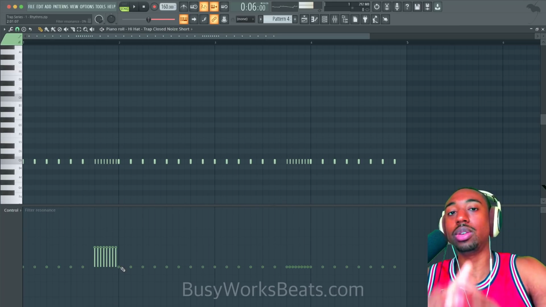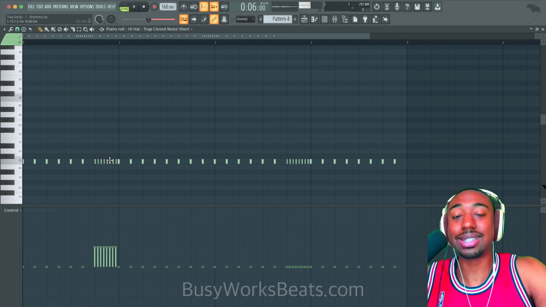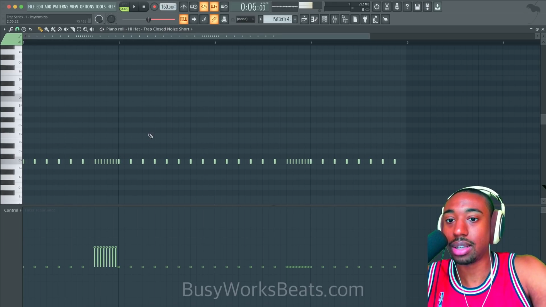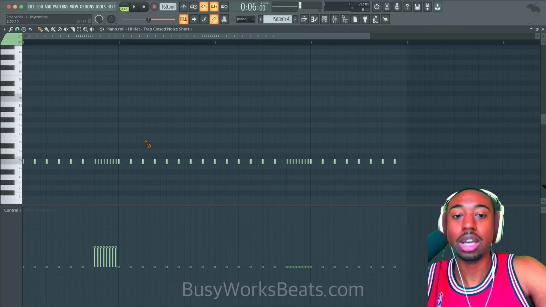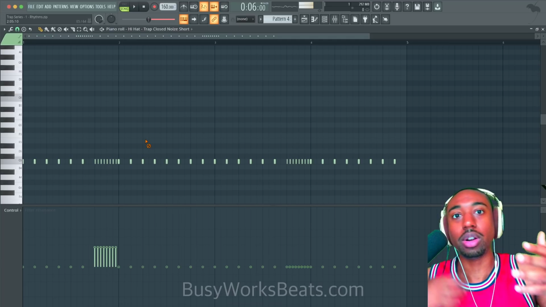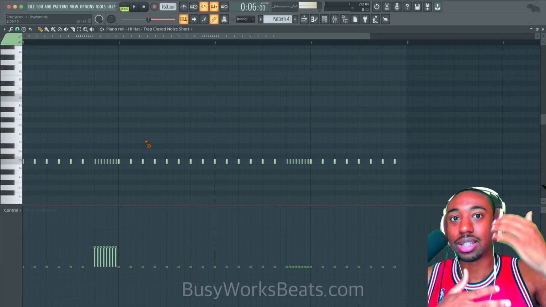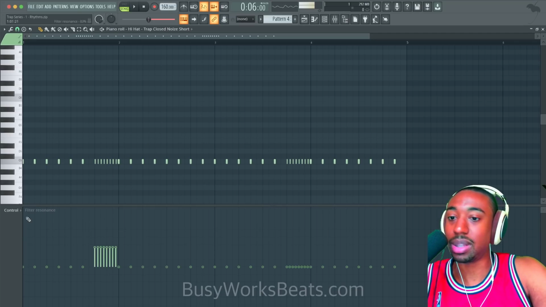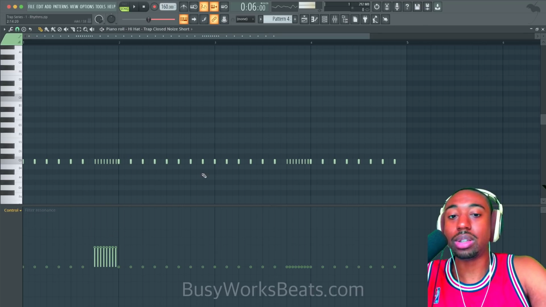Now, one caveat you have to remember here in FL, whatever you do to one note, it saves that. So if I left click this and I make another note, it saves those same characteristics. Now, the problem with that is you may change some of these parameters and forget you changed them. And you're wondering why all your hi-hats are panned to the left, or why they're all muffled, or why they all sound really sharp. It's because it has some of these characteristics on it. So be really careful when you click around.